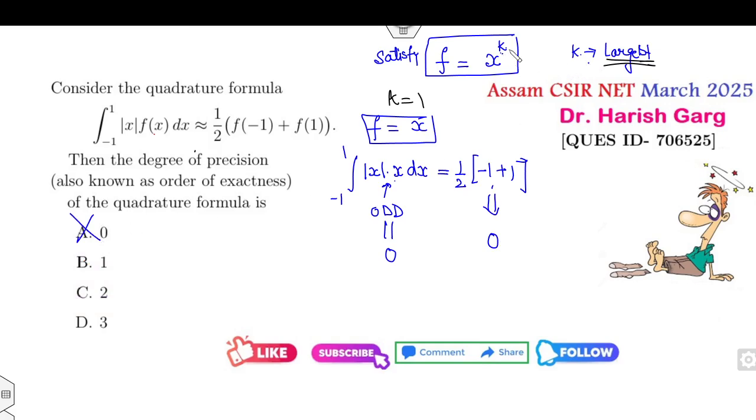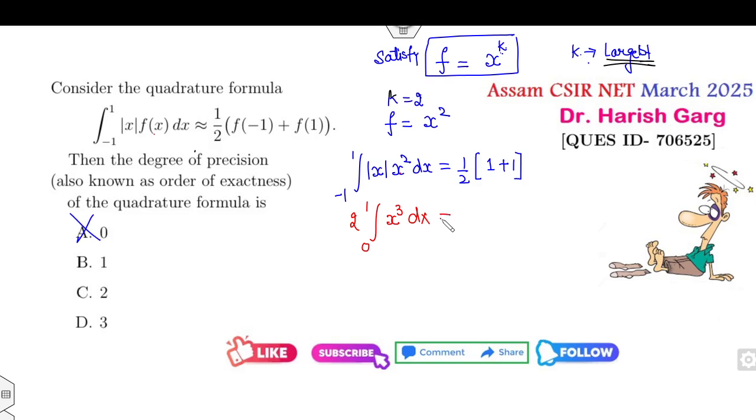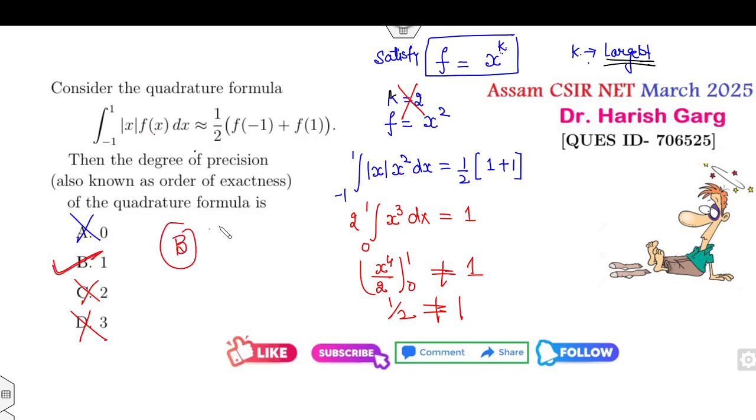तो इसका मतलब आपके पास पहला ऑप्शन तो डिस्कार्ड हो गया, बिकॉज आपको k की एक वैल्यू और मिल गई। लास्ट ऑप्शन पे, सेकंड ऑप्शन पे चलते हैं। अगर k आपका 2 है तो आपका f क्या होगा? x स्क्वायर। तो इधर फिल कर देते हैं -1 to 1 mod x स्क्वायर, और लेफ्ट साइड राइट साइड पे क्या आंसर हो गया? -1 पे 1, इस पे भी 1। ये फंक्शन आपका इवन है, तो इसको मैं डबल करके लिख देता हूं, सो इट विल बी माई x क्यूब। राइट साइड पे आपका आंसर हो गया 1। इसको सॉल्व करते हैं तो x^4 by 4, फाइन, 4 से 2 कैंसिल हो जाएगा, 0 से 1 विच इज नॉट इक्वल टू 1। इधर से हाफ आएगा, हाफ इज नॉट इक्वल टू 1। इसका मतलब 2 पे नहीं सेटिस्फाइड होगा, 3 पे भी नहीं होगा। इसका मतलब लार्जेस्ट वैल्यू इज माई b इज द करेक्ट आंसर ऑफ दिस।